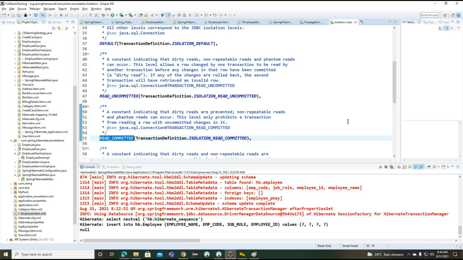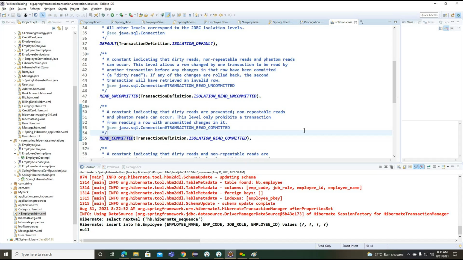Read committed: if you observe, it indicates that dirty reads are prevented, and non-repeatable read and phantom read can occur. Once the two transactions are completed, we commit the data.